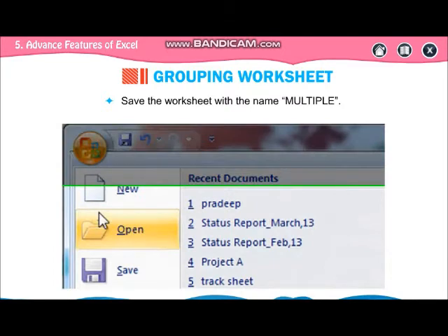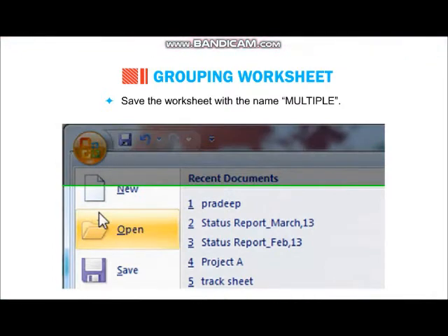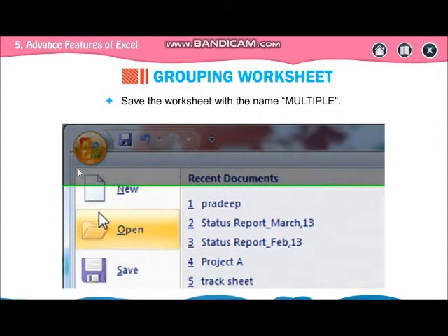This is a better option than copying. Before entering data, decide what is common to all the sheets, group the sheets and then write down the common data. That data will be reflected in the other sheets.